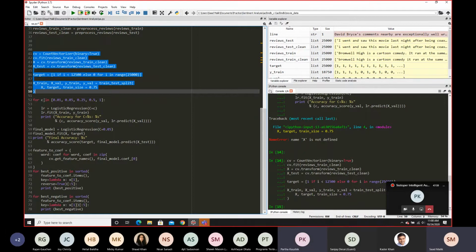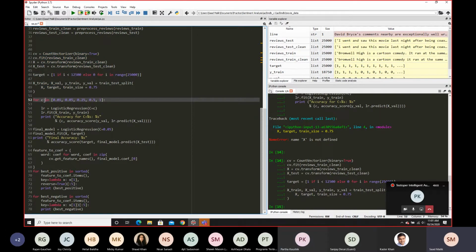Okay, now C over here is something that we haven't studied yet. It's called a regularization parameter. So essentially what we're doing here, and I won't get into details, is imposing a penalty on overfitting.